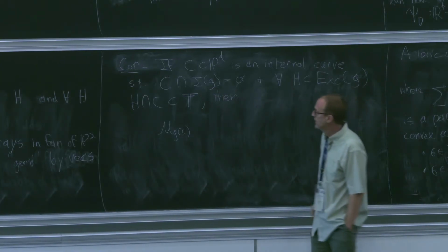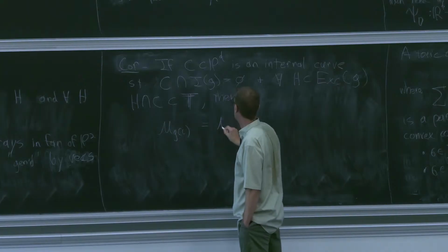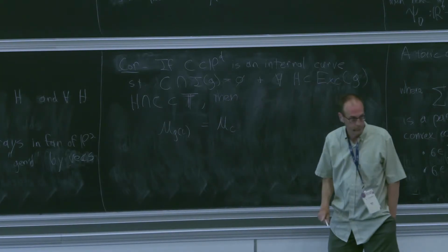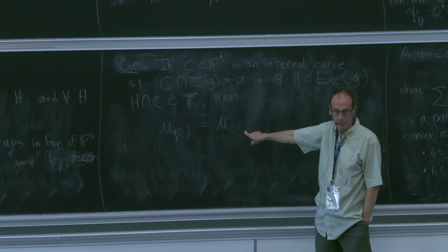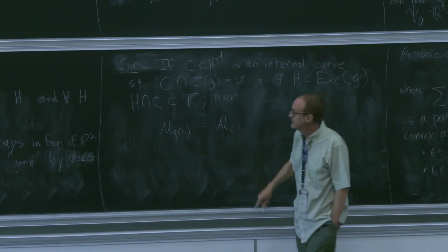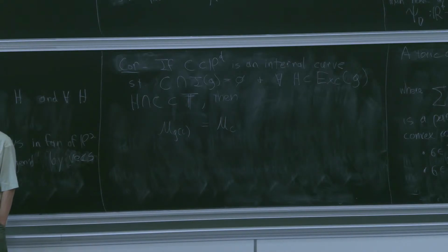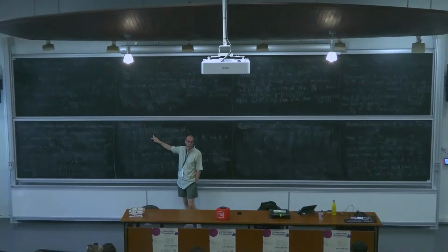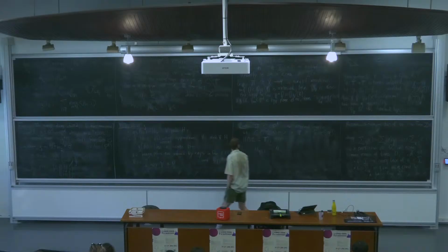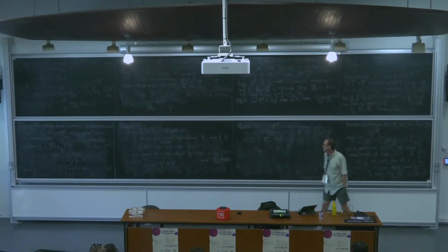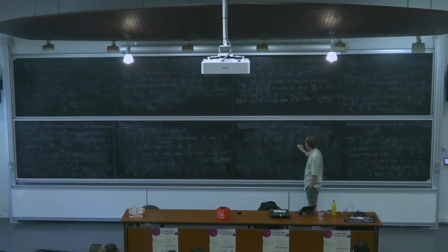the measure associated to G of C is, for starters, the same as the measure associated to C, because of this fact, and that H is birational, so there's no branching about poles. But you also pick up some stuff from the intersections between C and the exceptional hypersurfaces. So for that, let's see. So you get